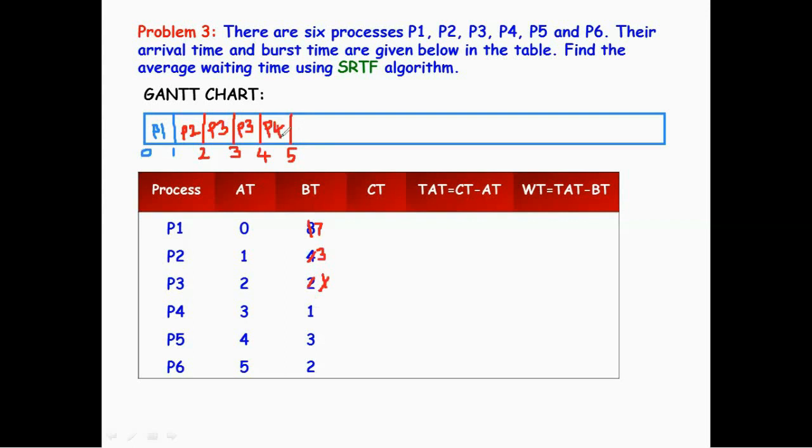P4 has completed its execution. Now at time 5, P6 has arrived with a burst time 2. When compared with the burst time of all the other processes, P6 has the least, so P6 will be scheduled now. That is, from 5 to 7,